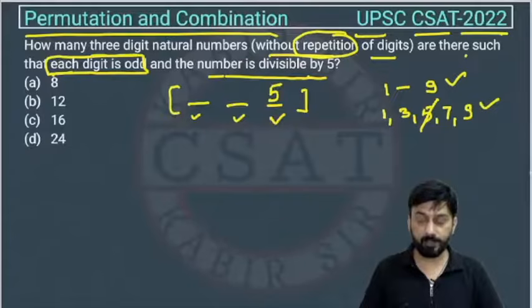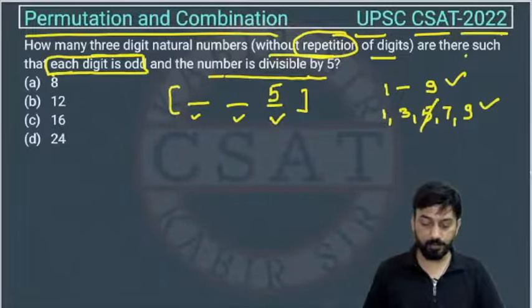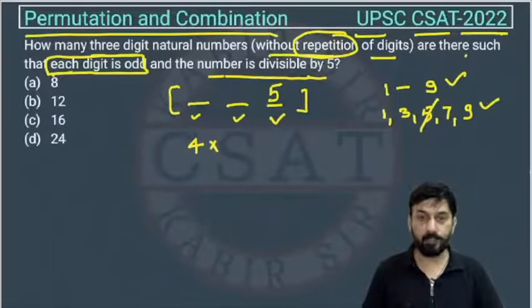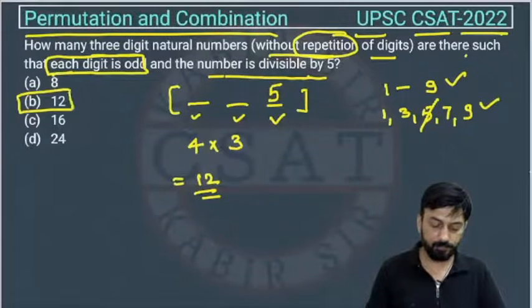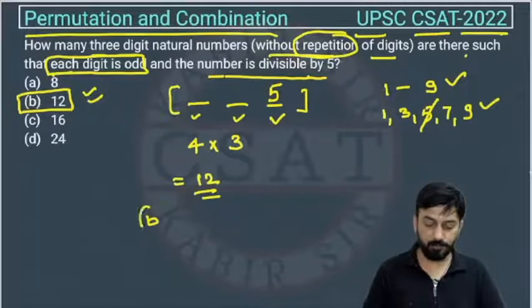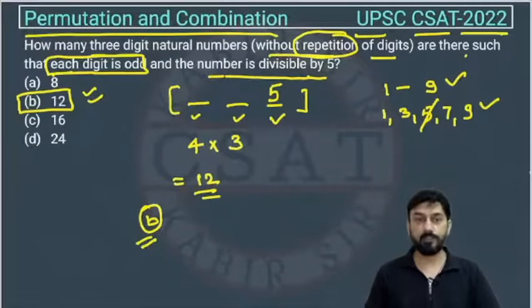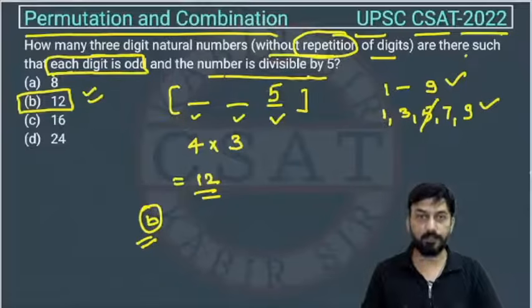So how many digits are remaining? 4: 1, 3, 7 or 9. So at this place, out of 4 any digit can come, right? And at this place one digit we already used out of these 4, so the remaining is 3. So out of those 3 any digit can come at this place, right? So this will be 3. Okay, so the total possibilities are 4 into 3, this is 12. So the answer is option B. Okay, so the answer of this question is option B. See, this is a very easy question, we just have to understand the language of the question. Okay,